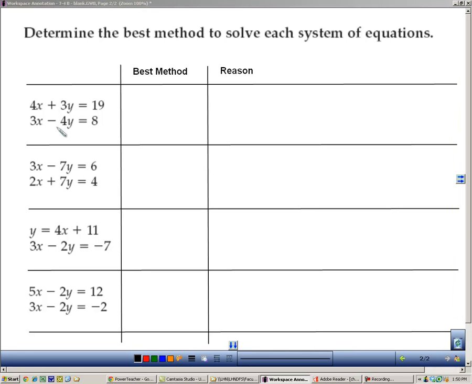Here we have 4 examples. We want to figure out what the best method of solving them is, and then also provide a reason why. I'm not going to ask you to solve them, but you should know how. Feel free to pause the video and then try to fill in this table and then come back for the